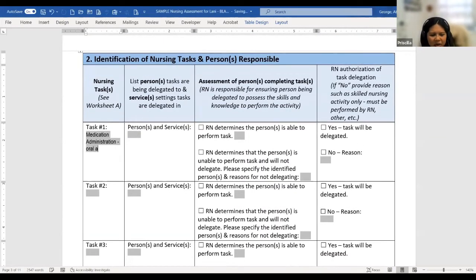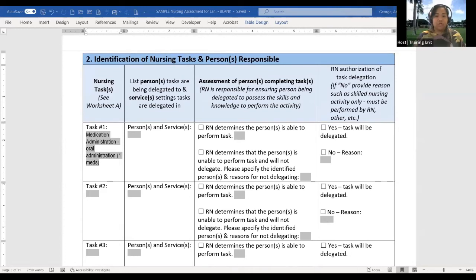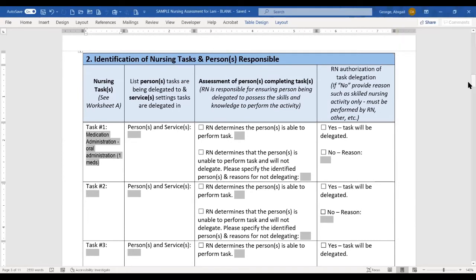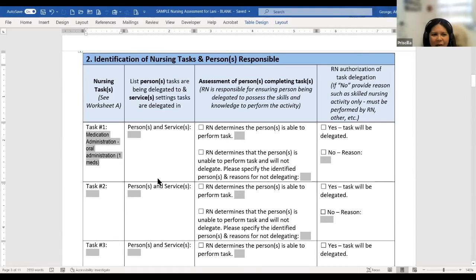Okay, so when we go down to the checklist, was there any other nursing tasks besides the medication administration, or was that it? Is Kurt, the caregiver, in the audience? Oh, Kurt called me. He said that's all. Yep, okay. And also part of worksheet A, was there any skilled nursing activities identified? No. Exactly. So going back to where Abby has it now, you would only list the one, and then Abby, you can take them through the rest of this part too.